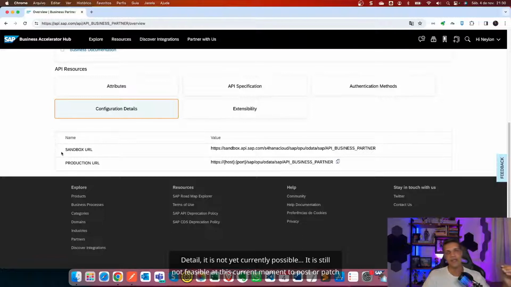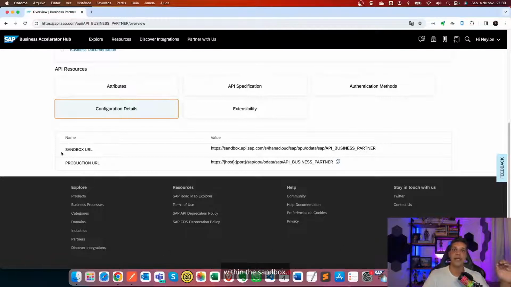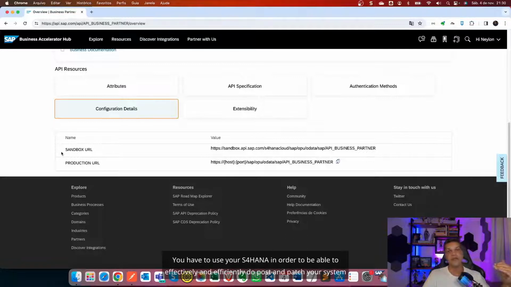Detail, it is not yet currently possible. It is still not feasible at this current moment to post or patch within the sandbox. If you try to do a publication or an update, it will give you a message saying, unfortunately, this environment does not allow this type of action method. You have to use your S/4HANA in order to be able to effectively and efficiently do post and patch